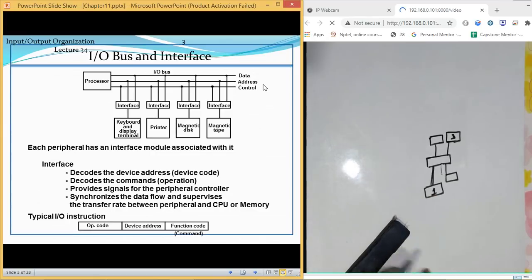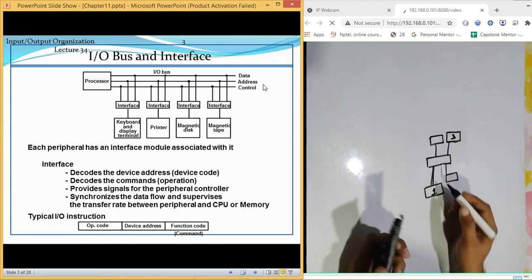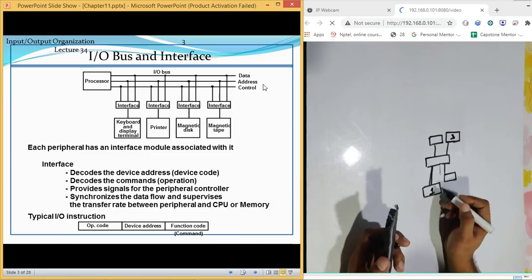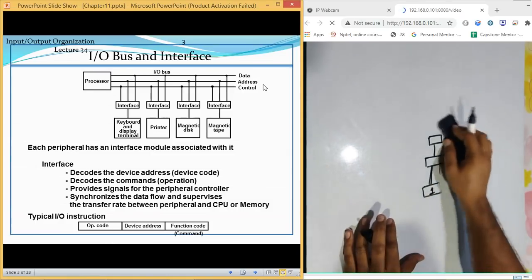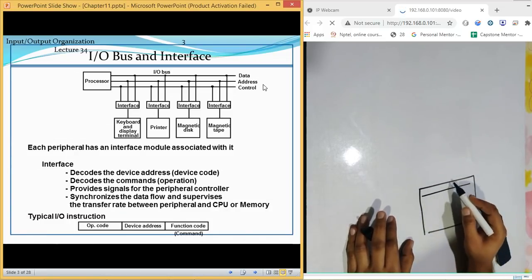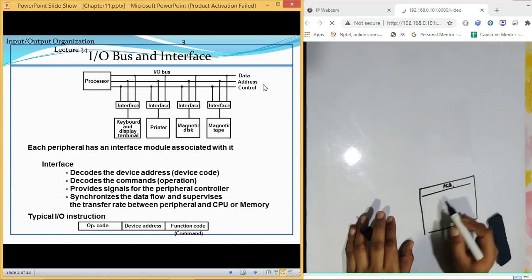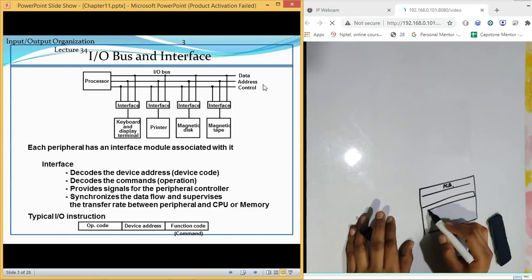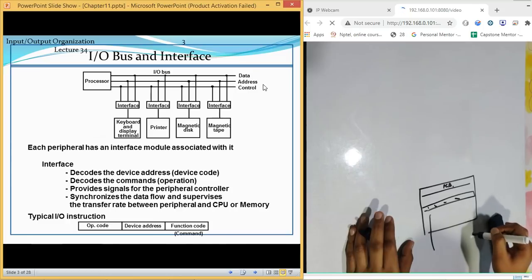Now what is a peripheral controller? There will be some interface connected here, and inside the printer we will be having different devices. Like in a printer we will be having a PCB board which is going to control the functionality. Then we will be having the drum which is going to print out the pages. We will be having a tray in which we will insert the pages.